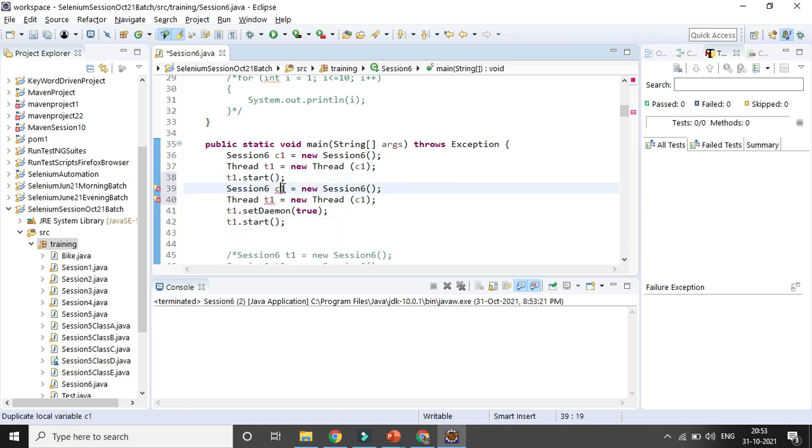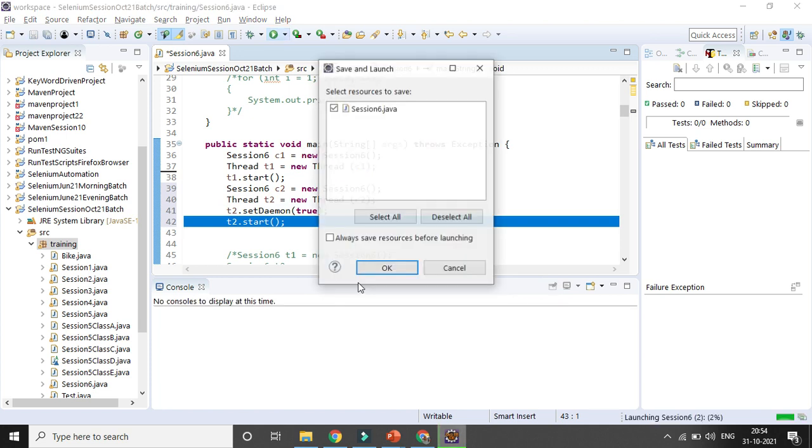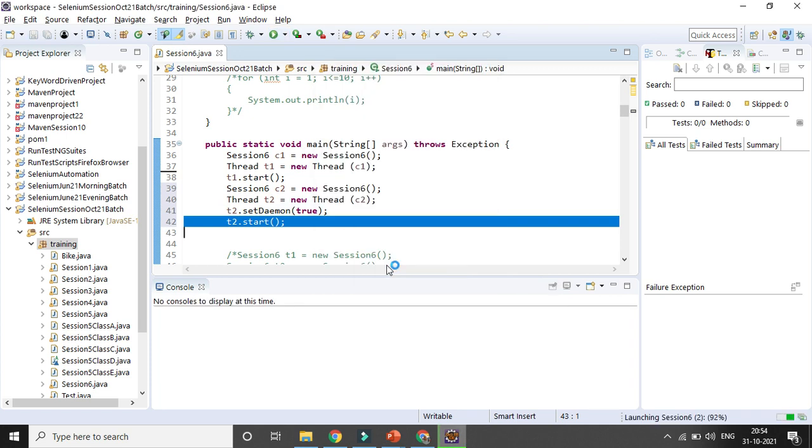Okay, so I am starting it again. Here there are two threads. One thread I am changing to a daemon thread, and one is a normal thread. So you could see the output is coming. The first one to come is the normal thread, because we did not set it as a daemon thread. The second thread, after creating it, I have changed it to daemon, then I am starting it. So the daemon thread is running the lines of code.